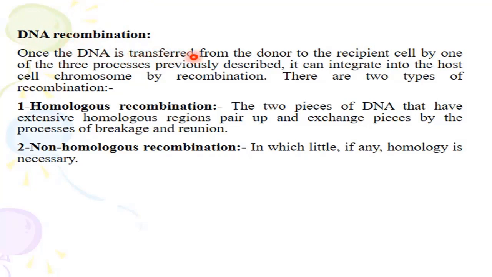Once the DNA is transferred from the donor to the recipient cell by one of the 3 processes, which are conjugation, transformation, transduction, it can integrate into the host cell chromosome by recombination. There are 2 types of recombination, homologous recombination and non-homologous recombination. In homologous recombination, there are 2 pieces of DNA that have extensive homologous regions pair up and exchange pieces by the process of breakage and reunion. While non-homologous recombination is rare and uncommon to occur. It needs homology for the